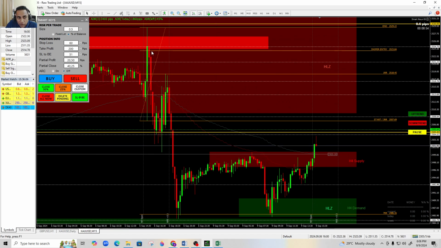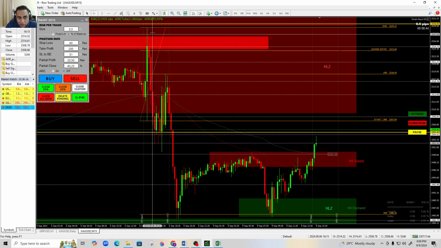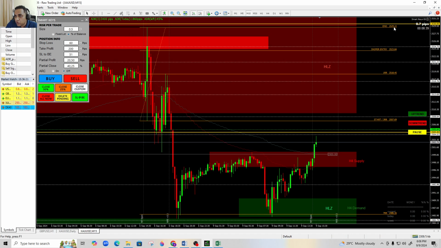So what you can do is take a pending order here at this sniper as soon as price breaks. We anticipate the price will not break further up because that's the setup. The stop loss goes 4 pips above this. So if it's 2529.22, it's 2529.62. That would be the stop loss, 4 pips above the end of this fib,